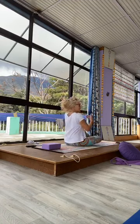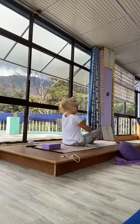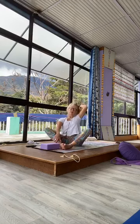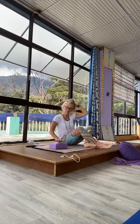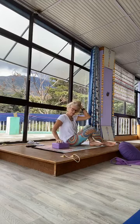Pregnant mamas, just lay down onto your bolster, just with the legs bent, or you can bring the soles of the feet together and then just lay down over your bolster. Otherwise, if you've got a block or a rolled up blanket or even another rolled up yoga mat, anything you've got,